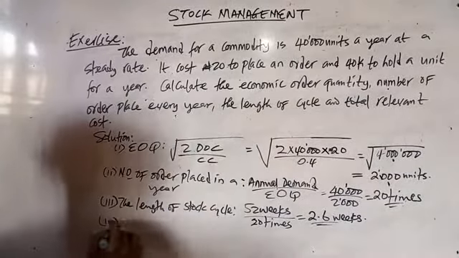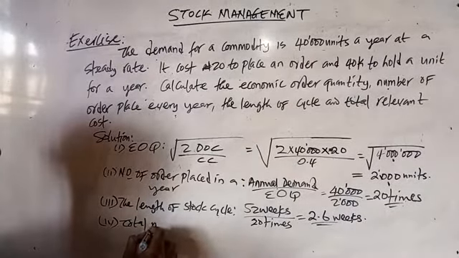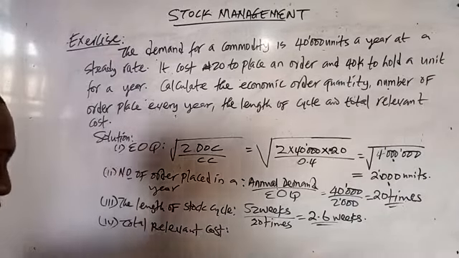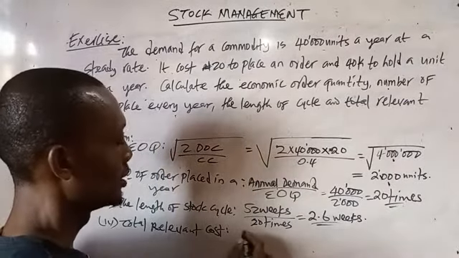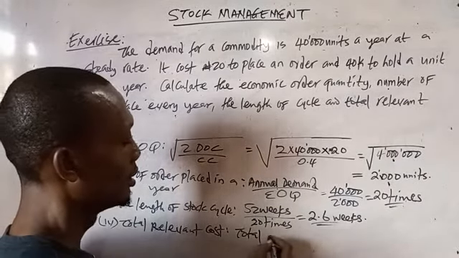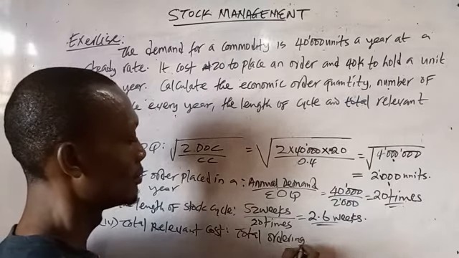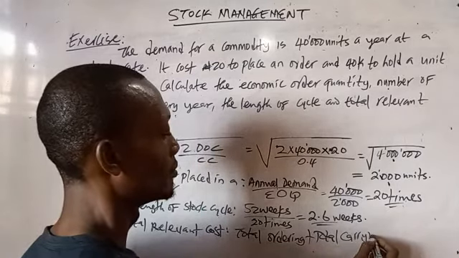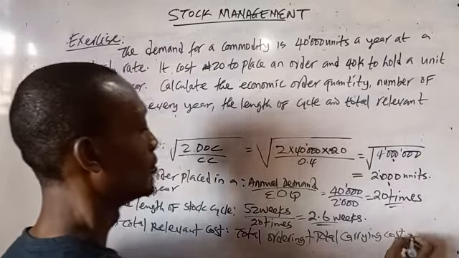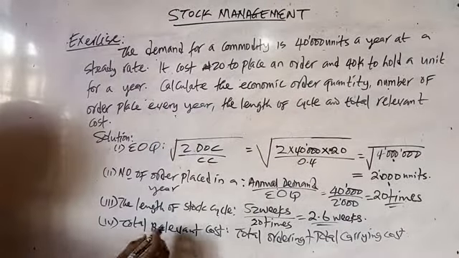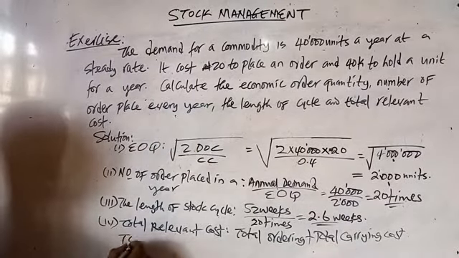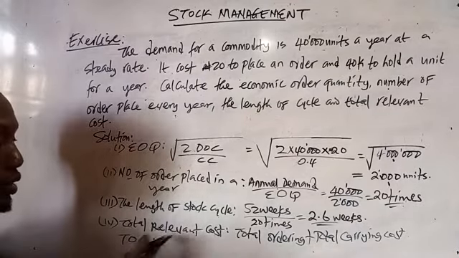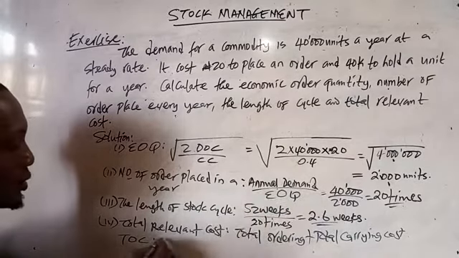So 4. Total relevant cost. Our total relevant cost, given by the formula, is total ordering cost plus total carrying cost. Therefore, what is total ordering cost? TOC, total ordering cost, is equal to the number of times we order, number of orders, 20 times. So 20 times